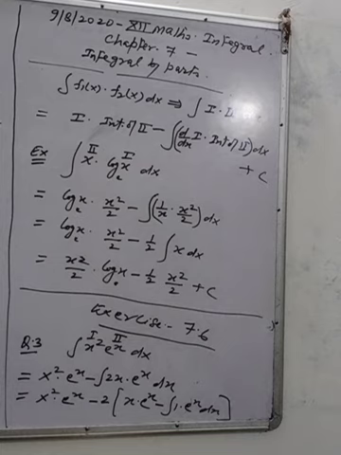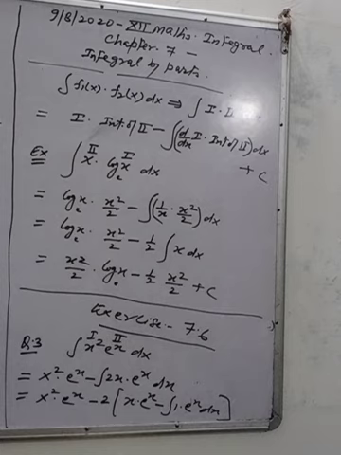Second is x, its integral is x square by 2, minus, make a big integral sign. Under this, the derivative of first, meaning log x, is 1 by x, into the integral of second, that is x square by 2. Take 1 by 2 out of this integral sign, you will have only x square by x, which is x, under the big integral, and integrate it. So the integral of x is x square by 2.